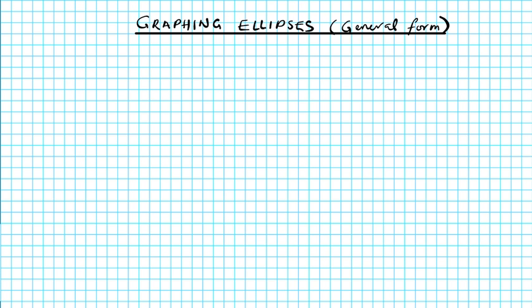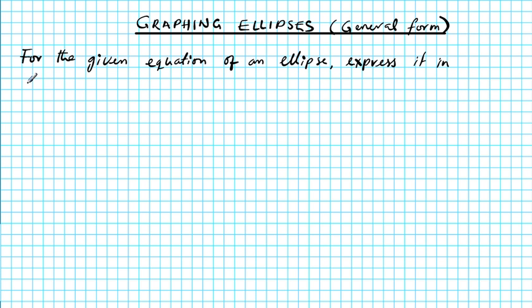Alright, let's write down the instructions for the examples, and then we're going to go ahead and go over two examples. Alright, so the instructions are as follows. For the given equation of an ellipse, express it in standard form,